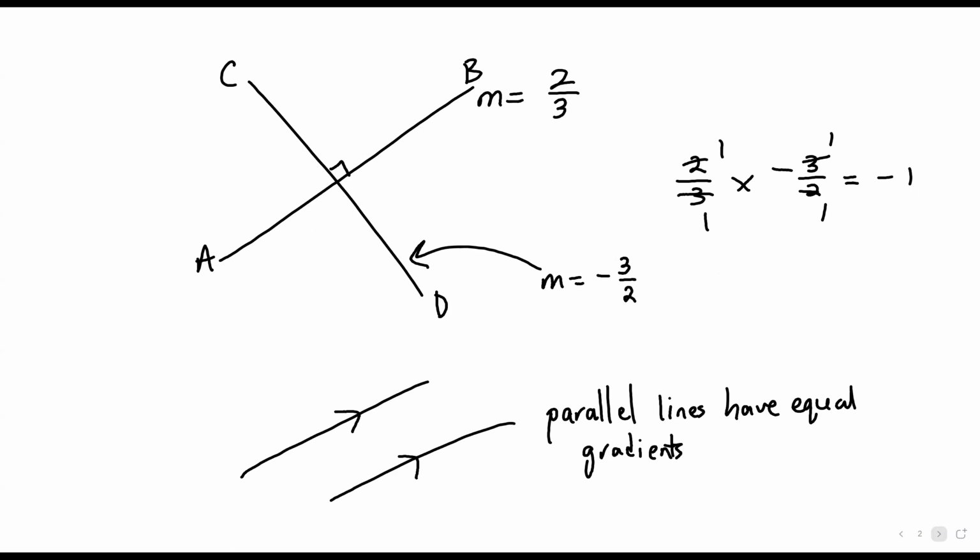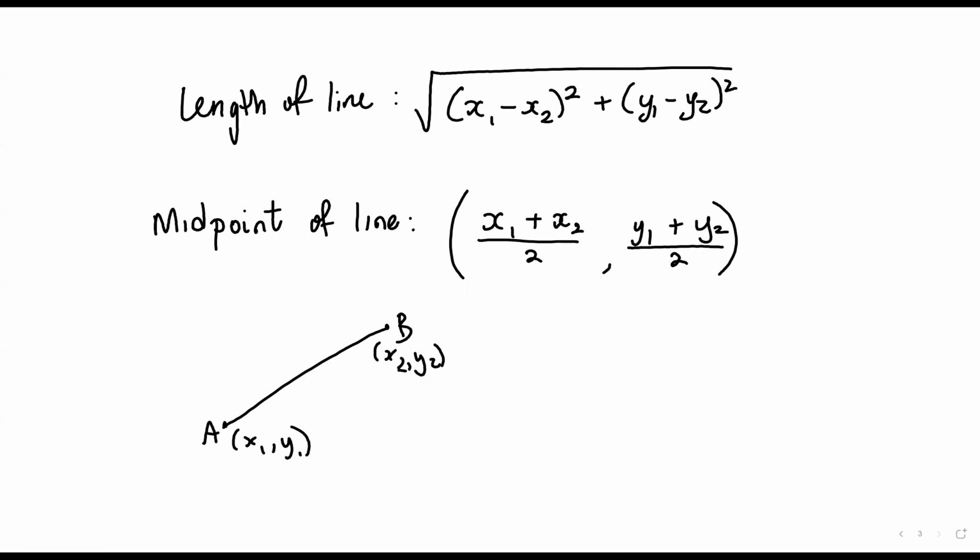Oh, finally, actually, to determine the equation of a line, all you need is a point on the line and the gradient, and you substitute that into y is equal to mx plus c. So we're going to start right away with our